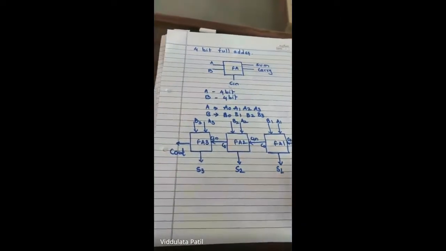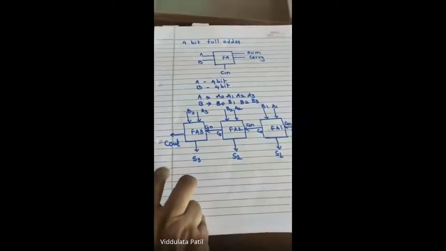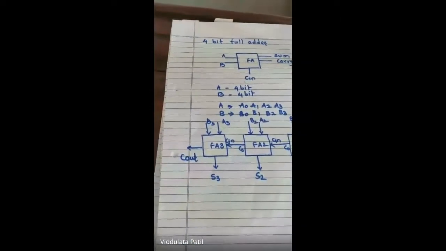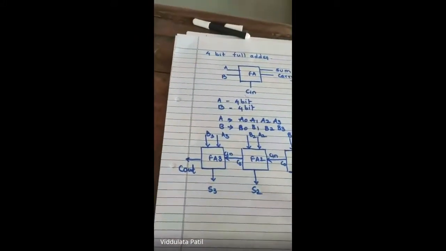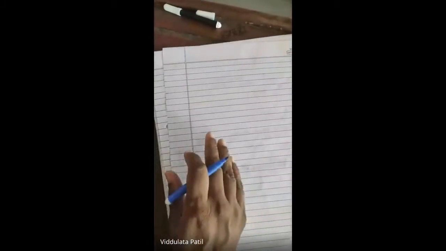Okay. So now we will discuss the VHDL code for this circuit. We can write this code in 2 different ways. First we will see how to write this code using a for loop, and after that we are going to see how to use a for generate loop, the for generate statement.